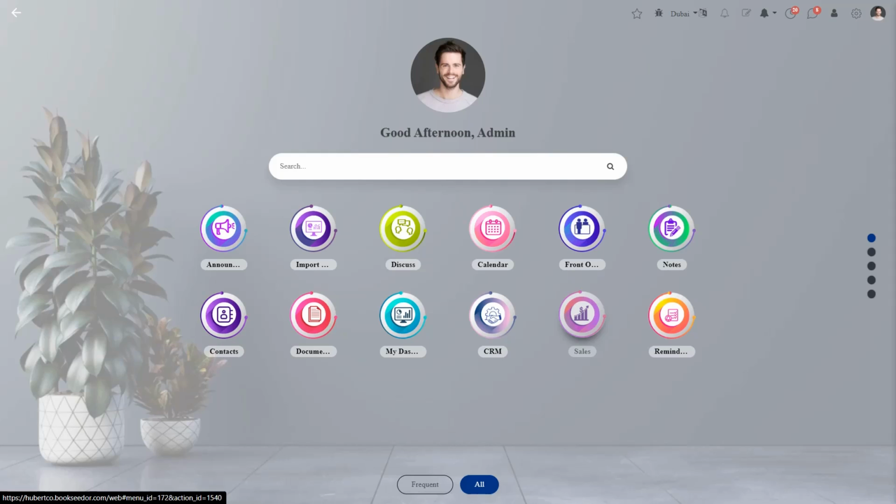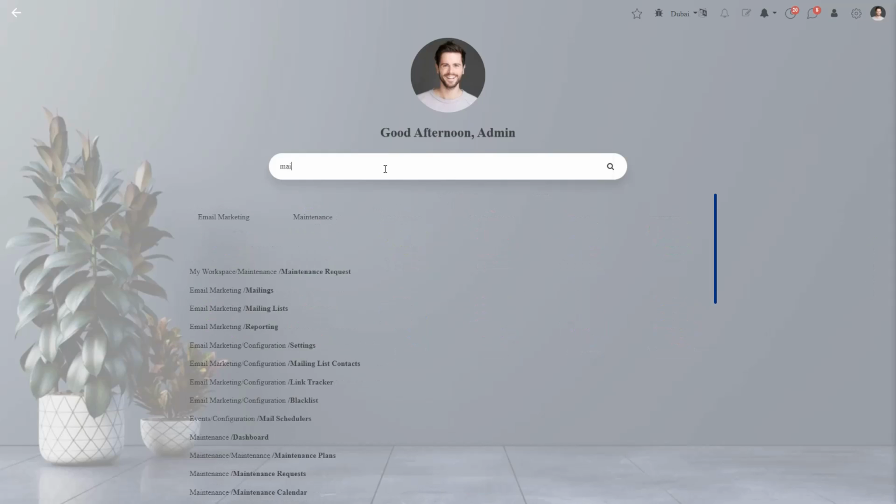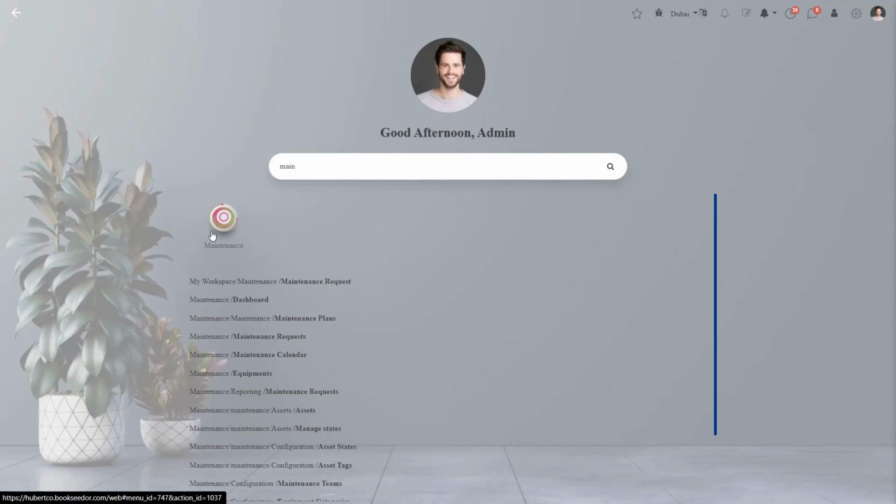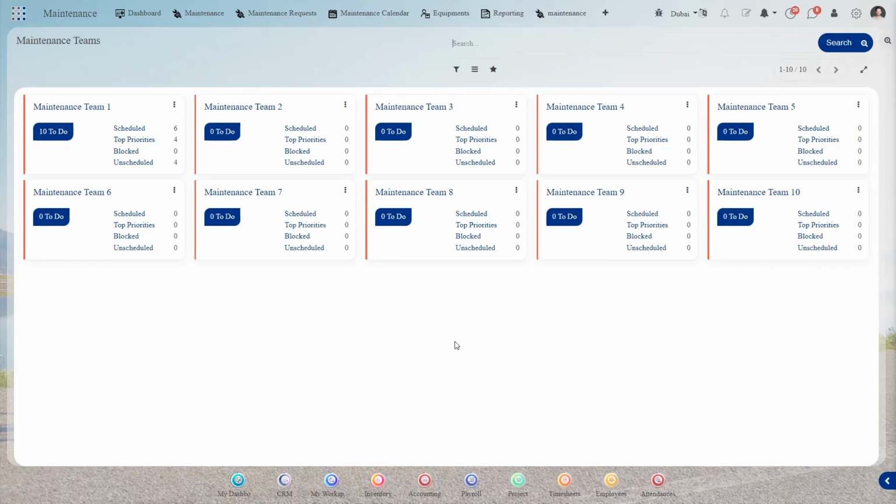To get into our maintenance, we need to go to the maintenance module. Here you can see maintenance is here. Now you can see in the dashboard, we can see the maintenance team. It may be the team name, and you can see how many tasks are scheduled, how many are in the top priority, how many are in the blocked state, and how many are